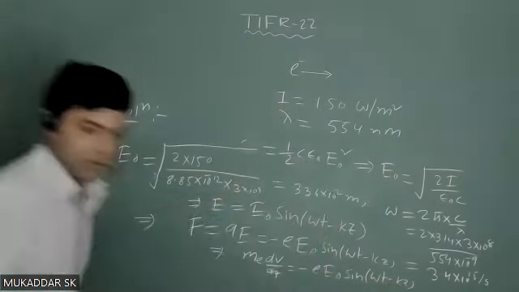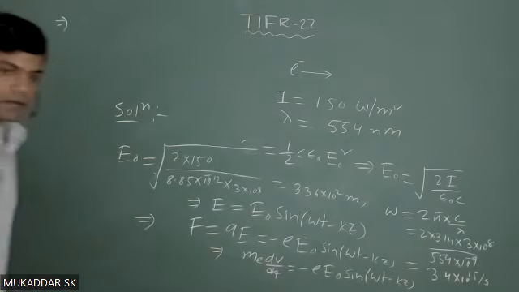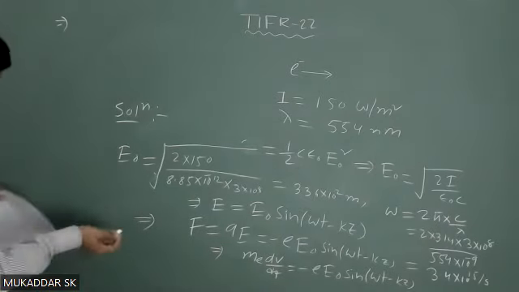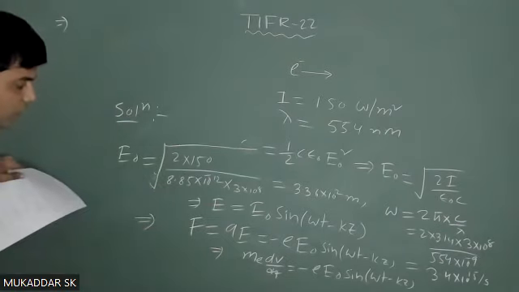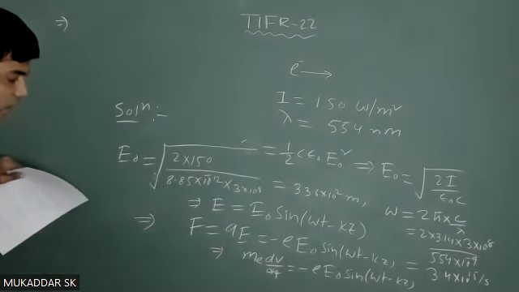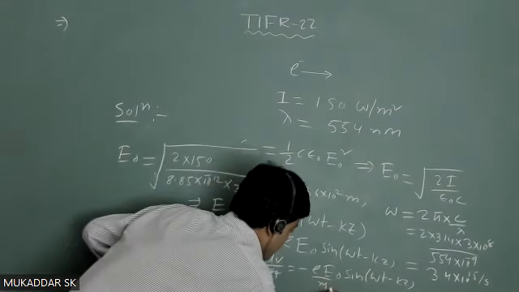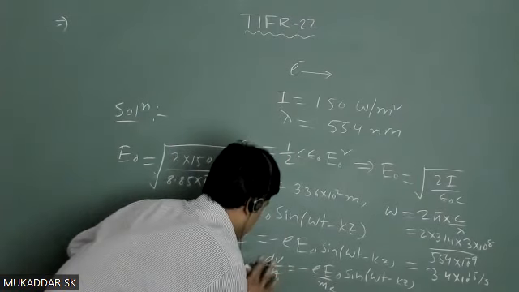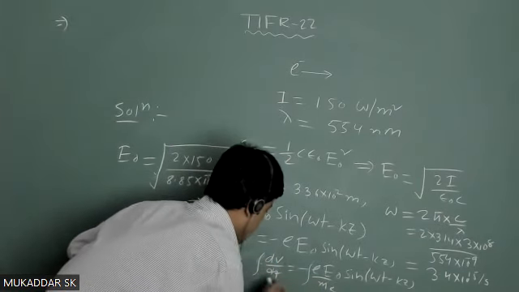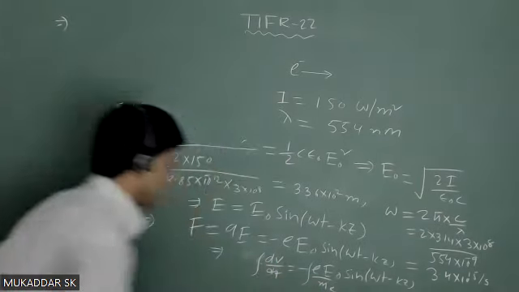It means dv by dt will be e E naught by m e sine. If I keep m e this side, and integrate both sides by keeping dt this side, basically I'll get